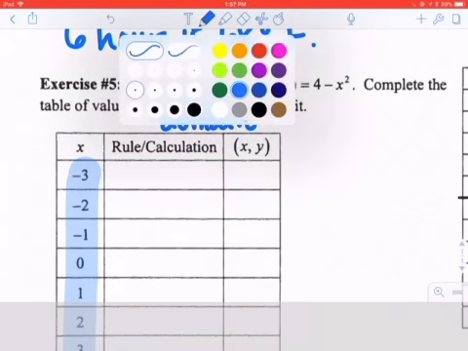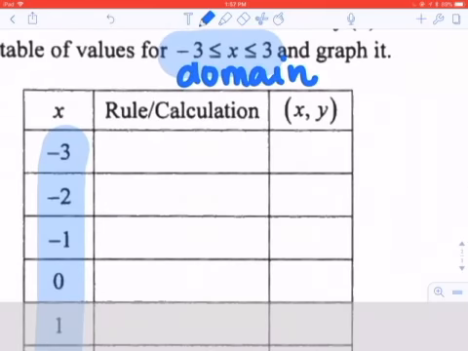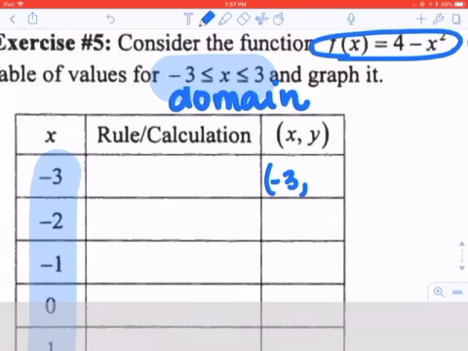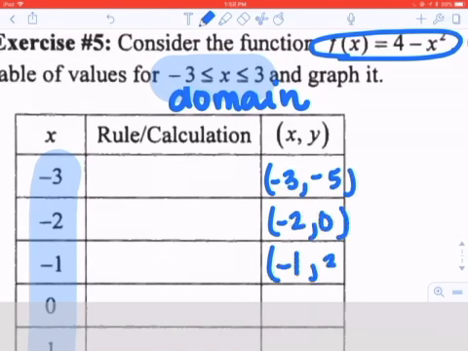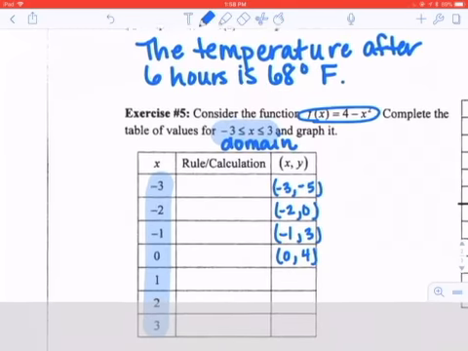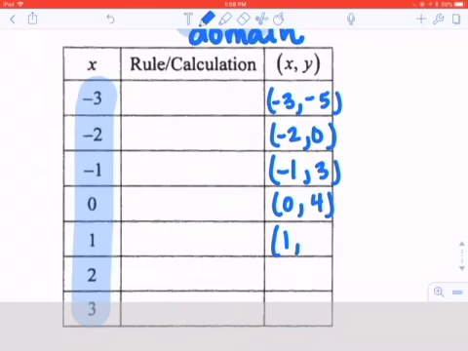If you go and you put 4 minus x squared into y1 and then go to your table, you should be able to easily come up with the y values that we need. I'm going to do it in my head. I don't have my calculator nearby. -3, -5. -2, 0, -1, 3, 0, 4. Then 1, 3, 2, 0,